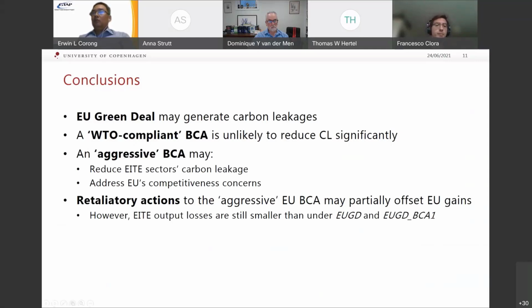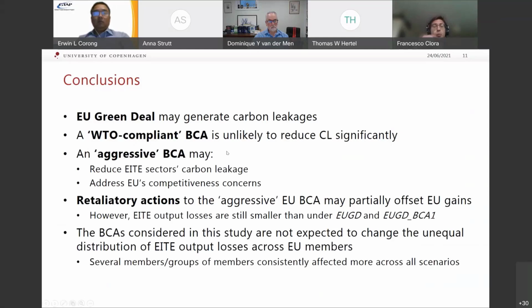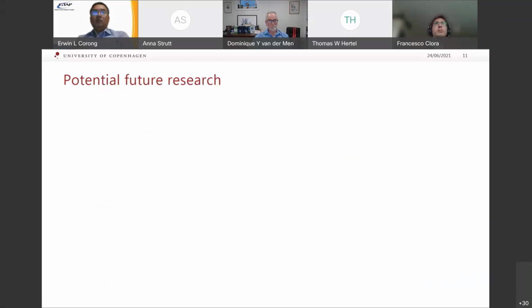And finally, we observe that with the BCAs considered in the study, these border carbon adjustments are not expected to change the unequal distribution of ETA outputs across the EU members, and several members are consistently affected more than others across all scenarios. Finally, very briefly,